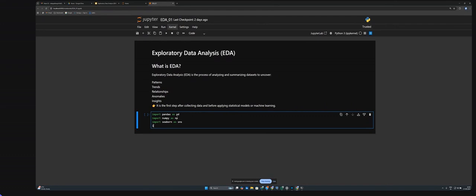Okay, and I'll also import matplotlib. These are the standard ones that I think of. We have some others also, I'll tell you as we go along. So these four libraries, including Seaborn and matplotlib,